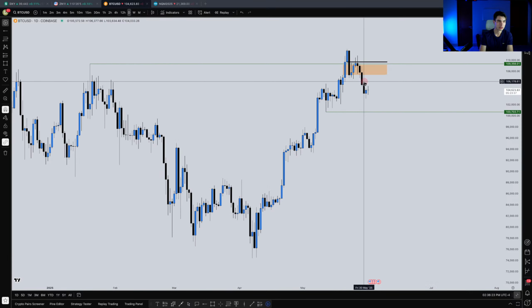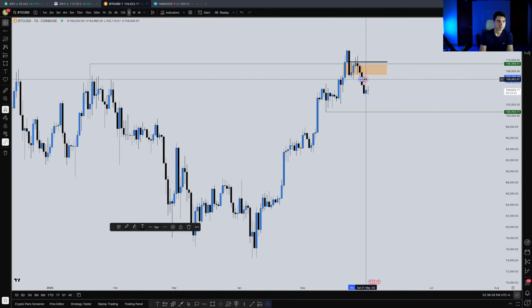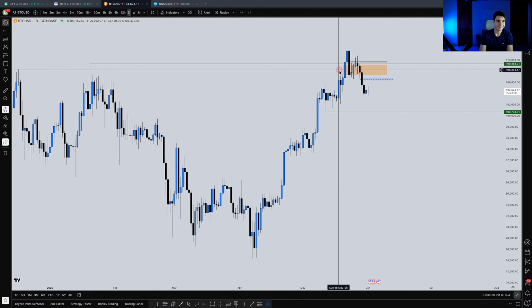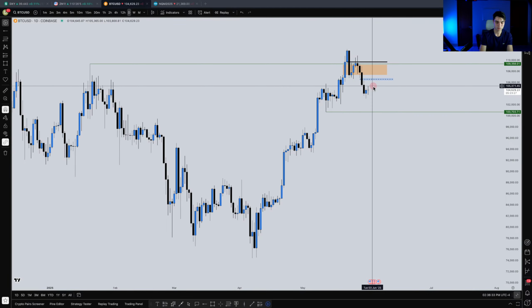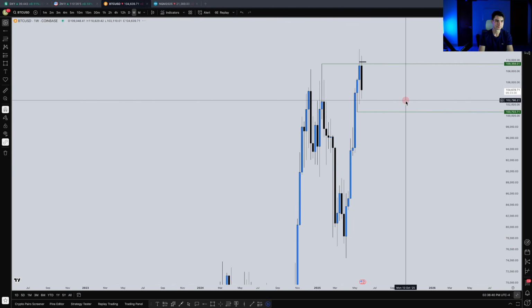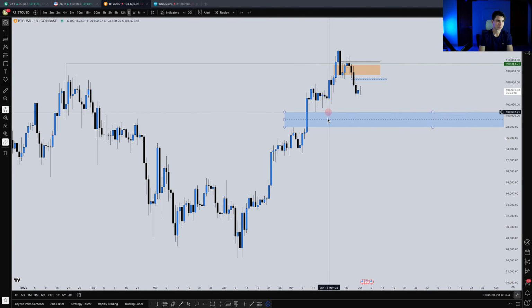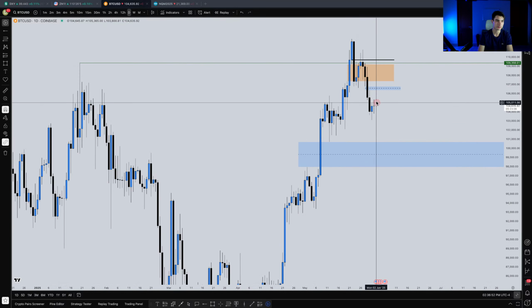As long as we remain below this little fair value gap here, and here, I'm looking for lower prices. So we can, again, trade higher, hit that, and then work down. But that's what I want to see right now. Then that will take us into a weekly fair value gap right here. So you can see that weekly gap. And now on the daily chart, you can see that right here. So what I'm looking for, as long as we remain below this imbalance here and this imbalance here, I'm looking for the market to work lower in the sell side, trade to that weekly fair value gap.